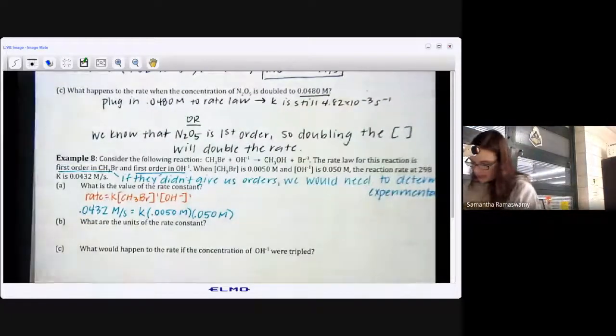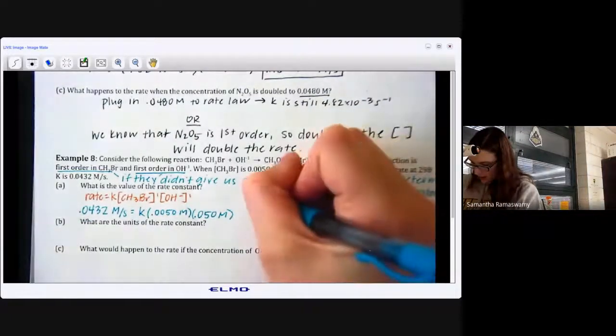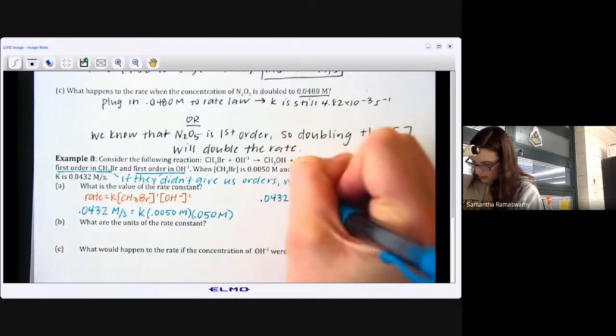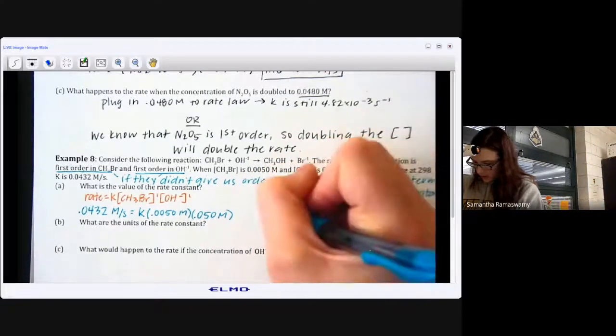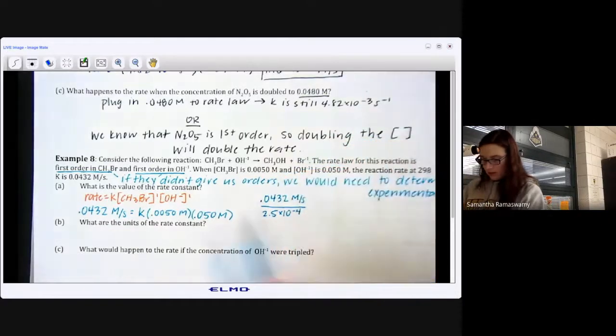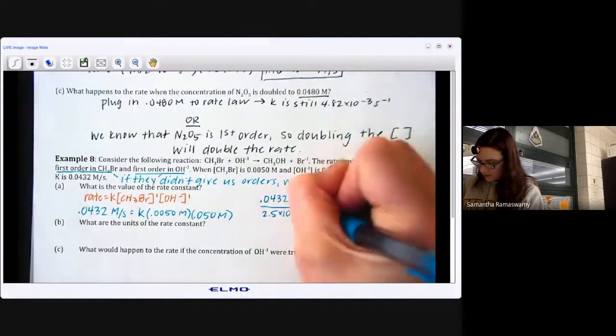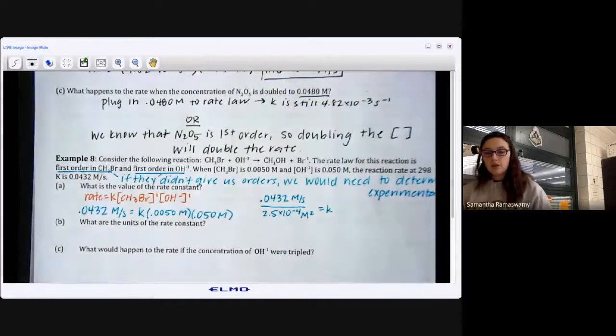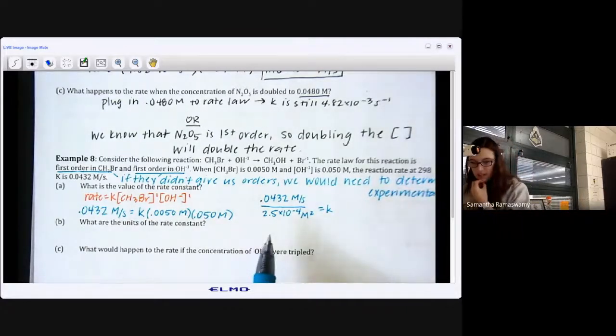All right, so again, to get K by itself, I'm going to need to do 0.0432 molar per second divided by 2.5 times 10 to the negative fourth. Molar times molar is molar squared. So numerically, we can find the value. We can just divide. 0.0432 divided by 2.5 times 10 to the negative fourth,